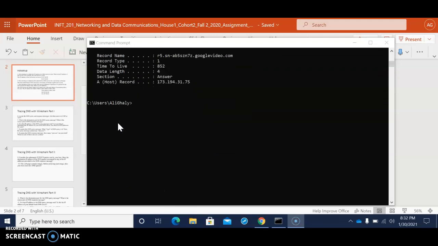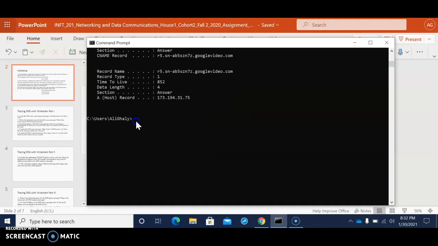All right. So to skip all of this, let's say you want to flush all of them. So what do we need to do? If we want to clear the cache, we put ipconfig /flushdns